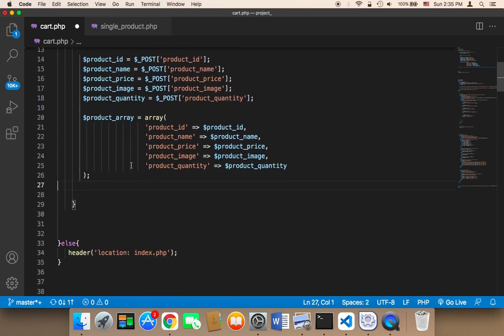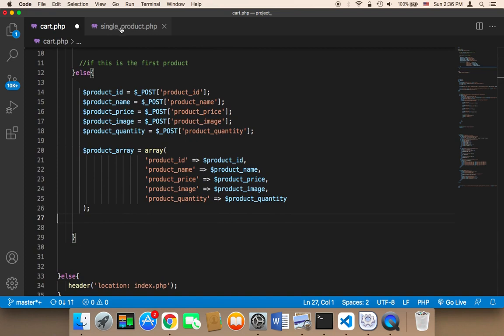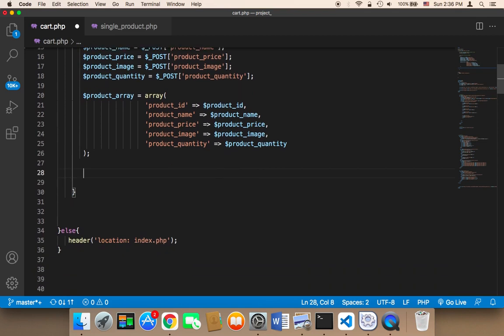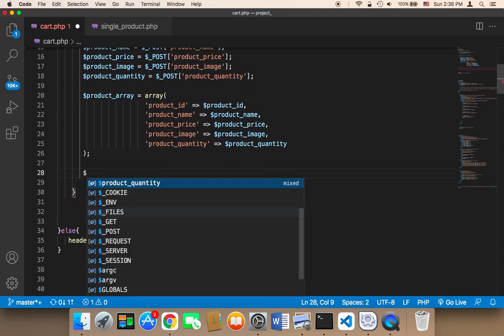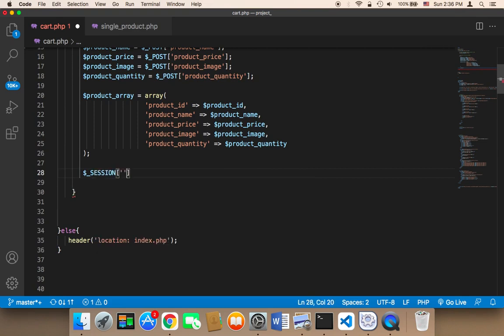Finally, we need to add this array to the session. So what I did is that I took the data from the single page, fetched them here from the post request, and then added them to separate and individual parameters, and then I collected them using this array, and then I'm going to add this array now to the session. So I'm going to create a session here. I'm going to say session with a key called cart,